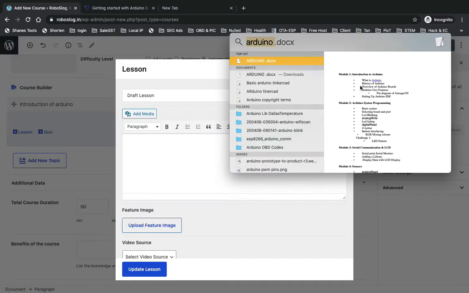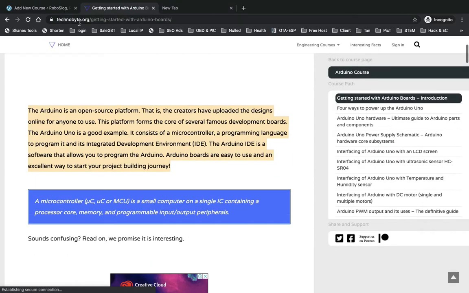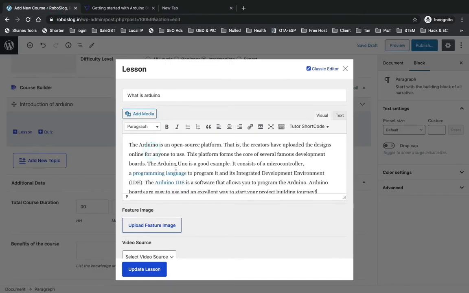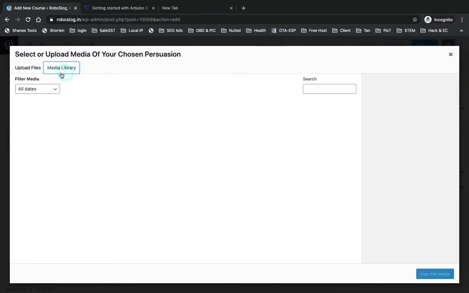Here, for the lessons, you have what is Arduino, history of the Arduino, like that. So let me add here what is Arduino. You can copy paste the things. Now we'll have to write here what is Arduino. Basically, we can write this thing here. Okay, so we have just covered this, and now we can upload an image here